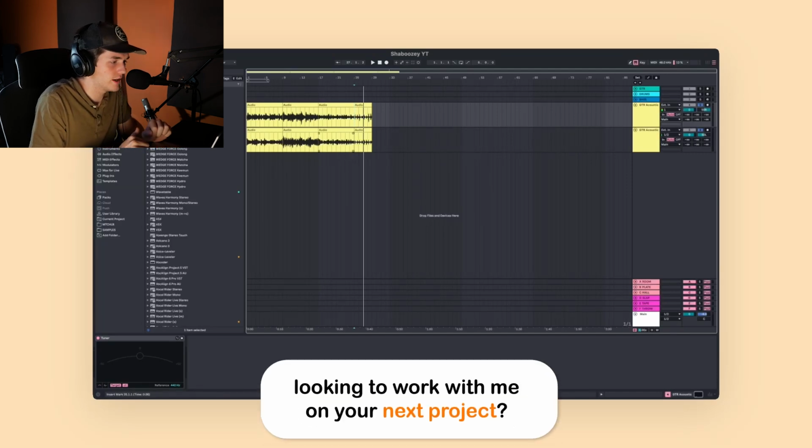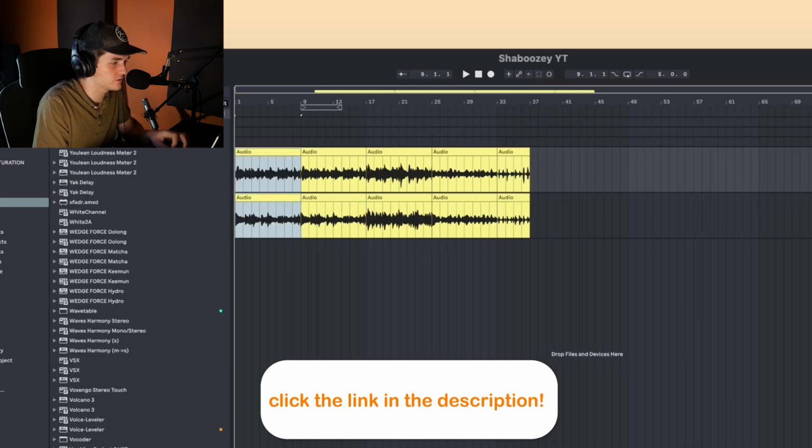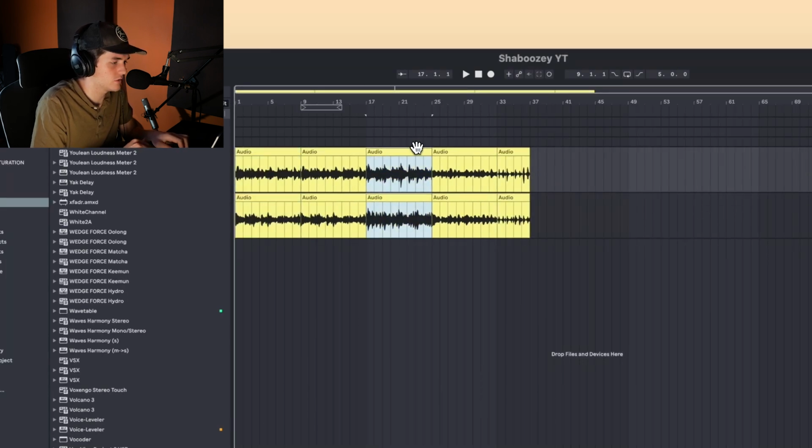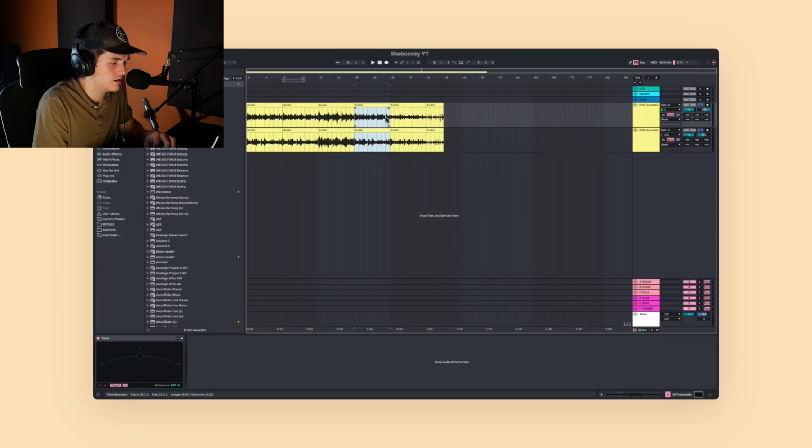First thing I want to do is arrange this, so let's quickly do that. I'm going to assume we're probably going to do 2 lengths of that verse. Chorus probably fine. We'll probably go back into that verse after the chorus. Just pressing Command I, by the way, to make space. I'm not sure if we want 1 verse into a chorus or if we want to do double the length again.